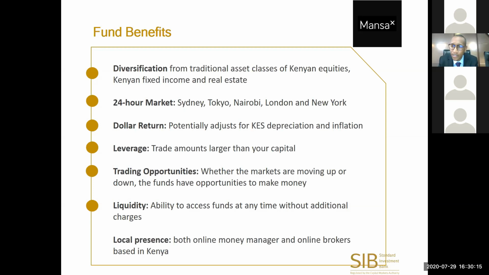So return is just one thing. The second thing you should ask is, is this investment well diversified? If one asset class went wrong in that portfolio, would I be completely ruined or will I still be fine? So that's the second thing. Check on diversification. Then the third thing that you should check, and this is what we're going to focus on here, is liquidity. So the ability to access your funds at any time, especially if you can access those funds without any penalties or additional fees. That's a very important thing in terms of how you evaluate any investment.